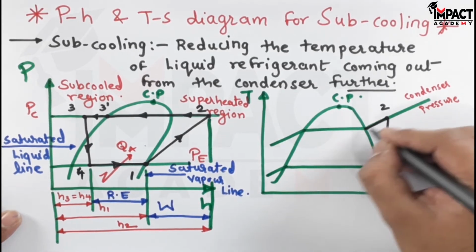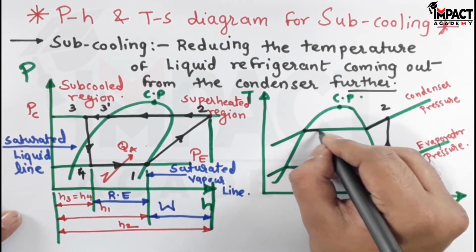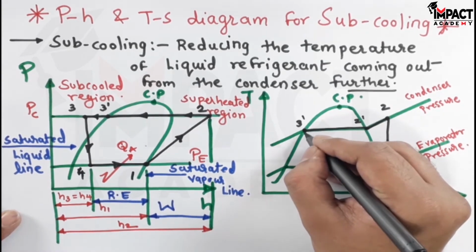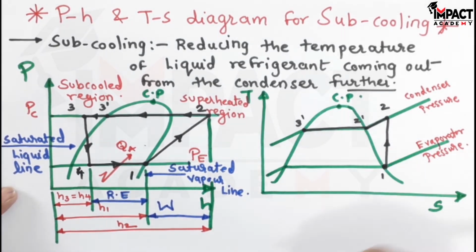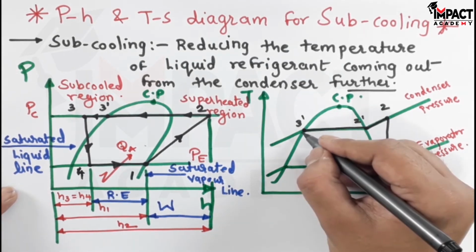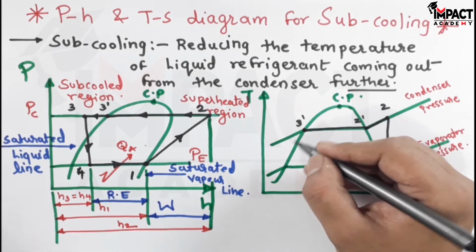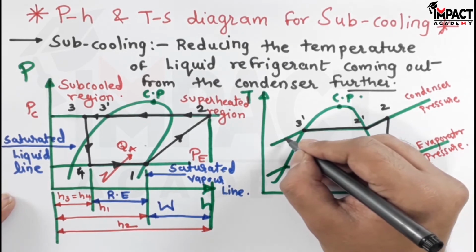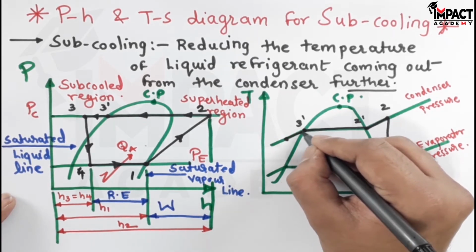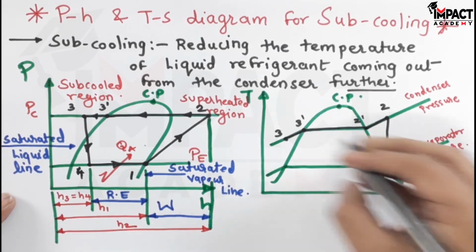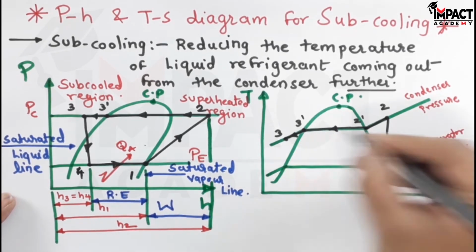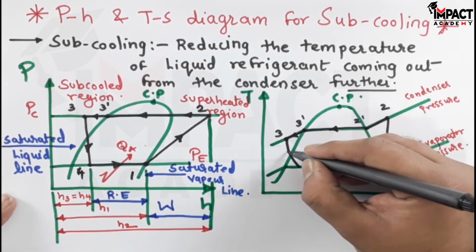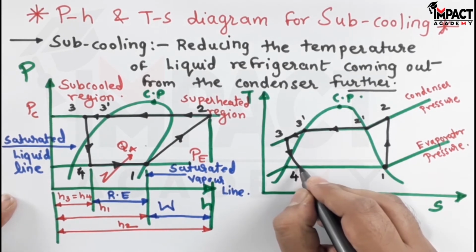Then it starts condensing from point 2 and reaches the saturated liquid line. From 2 it reaches 2 dash, then it reaches 3 dash on the saturated liquid line. Now since it is subcooling inside the condenser, 3 dash has to drop further, that is the temperature reduces and the liquid refrigerant goes into the subcooled state from the saturated liquid line. So it goes into the subcooled state from 3 dash to point 3. This represents the subcooling. Then 3 to 4 is expansion in the throttling valve or expansion valve, indicated with the help of a curve. So 3 to 4 indicates throttling.